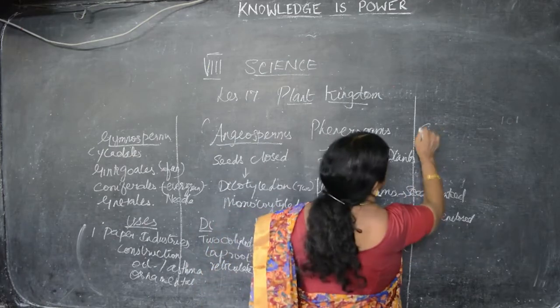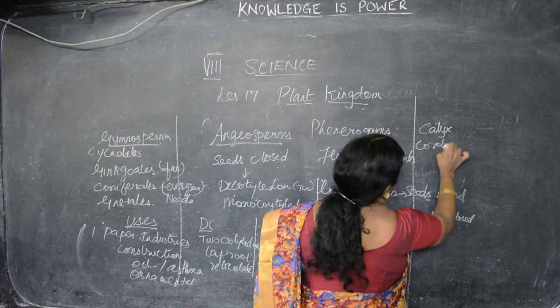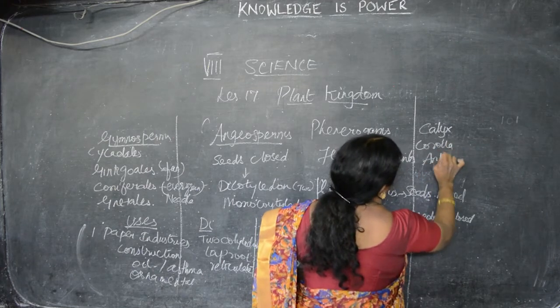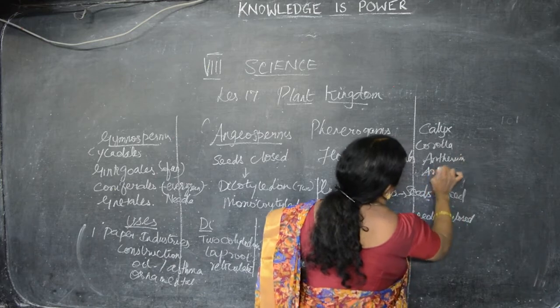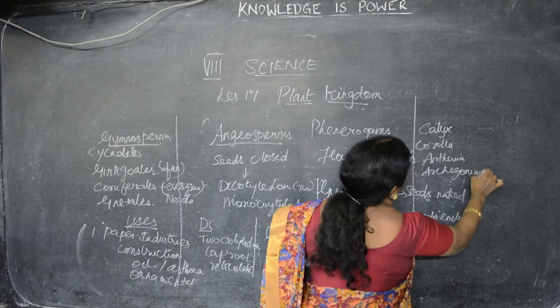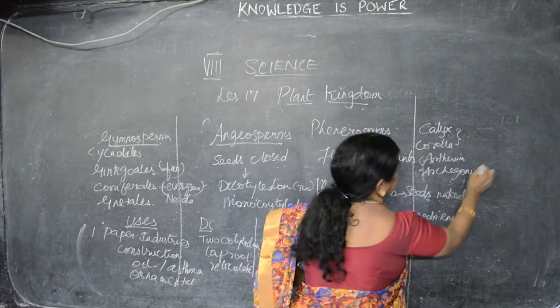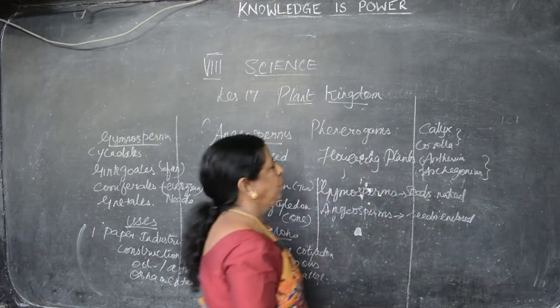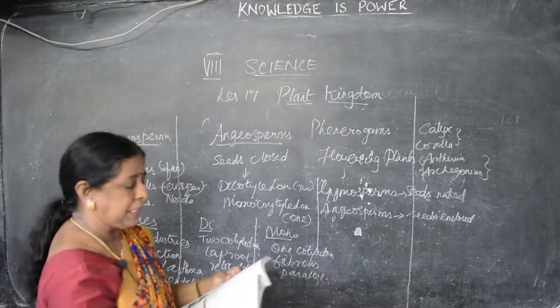First calyx. Next to calyx, corolla, antheridium, archegonium. Okay, yeah, these are external structures. These are reproductive structures. So, in this, we have seen reticulate venation in leaves, and we have seen reticulate venation and parallel